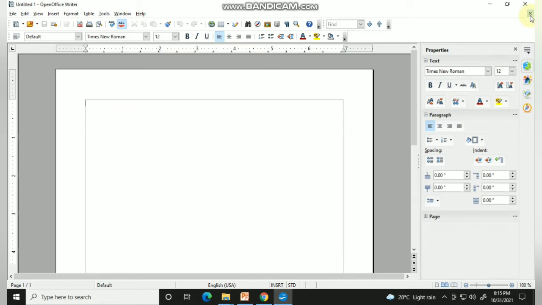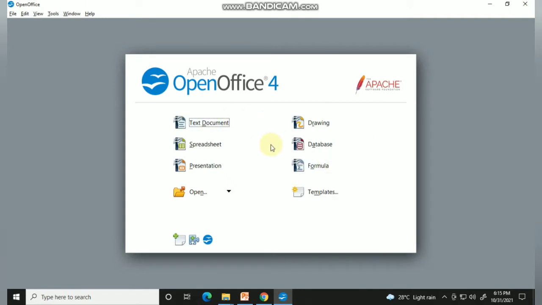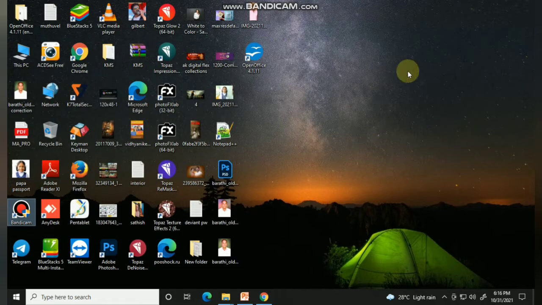Here this is close document. If you close this document, your OpenOffice Writer still runs. The application never gets closed, only your document gets closed. Clear? So this close is called your exit. If you close this, the whole OpenOffice gets exited. Clear?